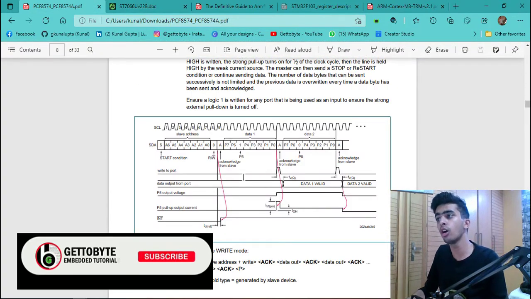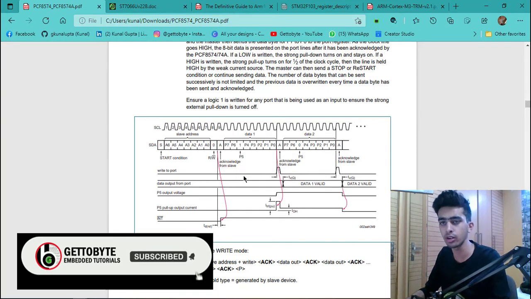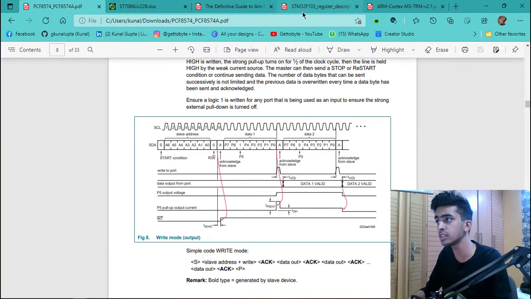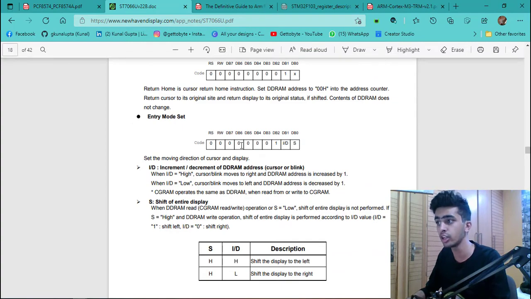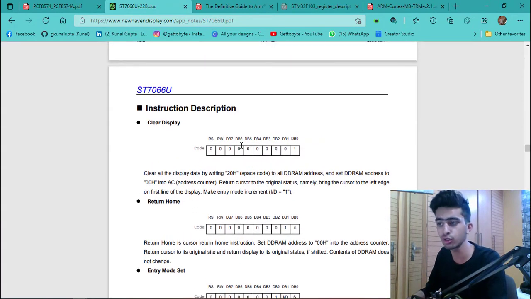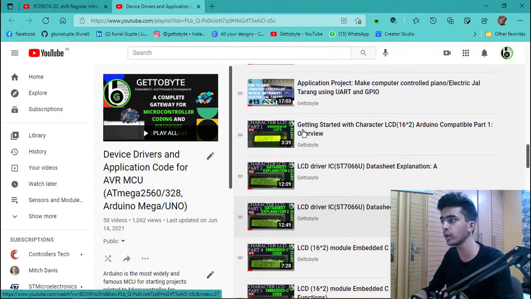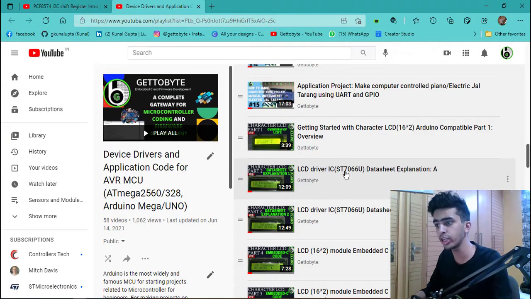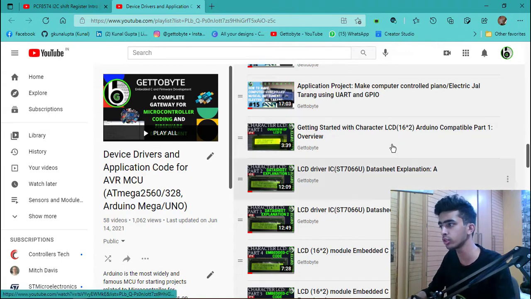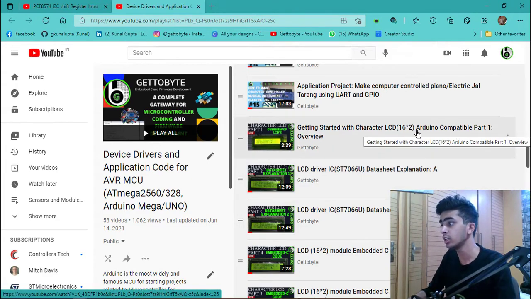Okay, so there are two parts to interfacing our LCD screens via I2C to our STM32 microcontrollers. First is understanding the LCD screen datasheet: what functions we have to send, how we perform the read and write operations, 4-bit mode, 8-bit mode, and all such things. All of that I have explained in a much better and more detailed way about 8 months ago, in the videos I uploaded on character LCD screens with datasheet explanation.